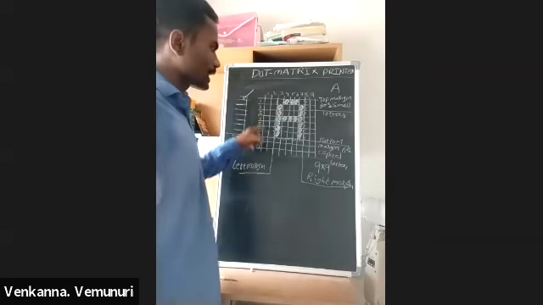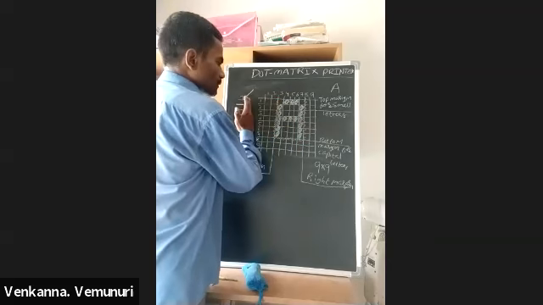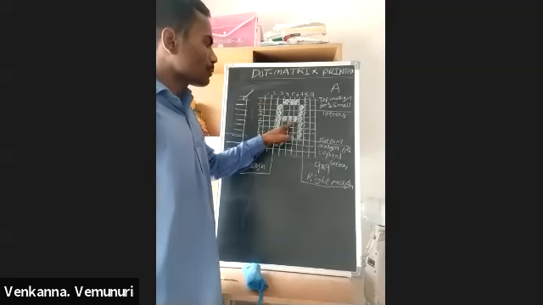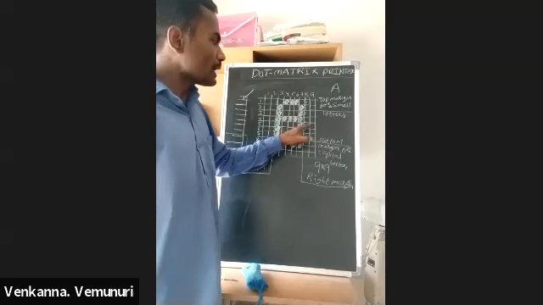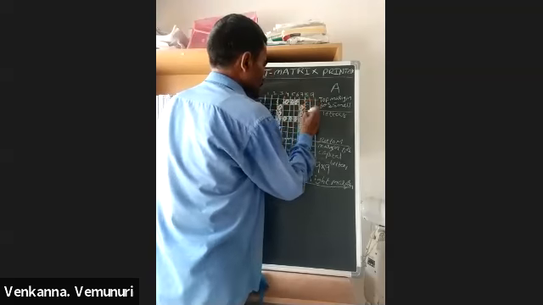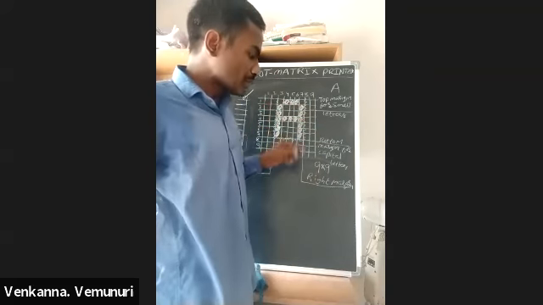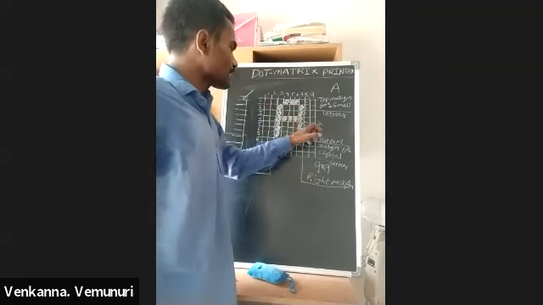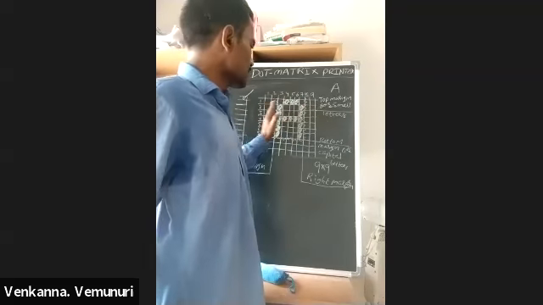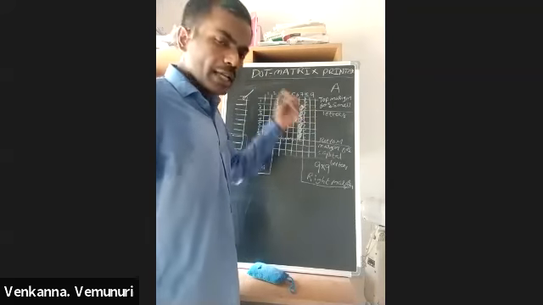That means virtually it is creating a 9 by 9 matrix, and it is taking the left side 2 columns for the left margin. Now we have one doubt: why are we taking a margin? For example, now you are printing one letter A. If you are not taking a margin, then if you print another letter, this one and this one both are mixing. So reading is very difficult. So for our reading convenience, we maintain some distance between each character. For that purpose we are taking this margin. The left side margin and right side margin are common for any character.